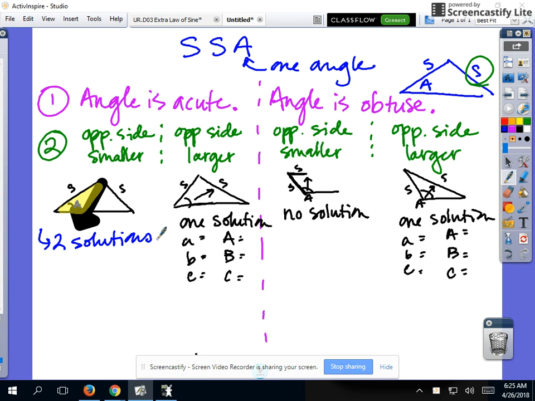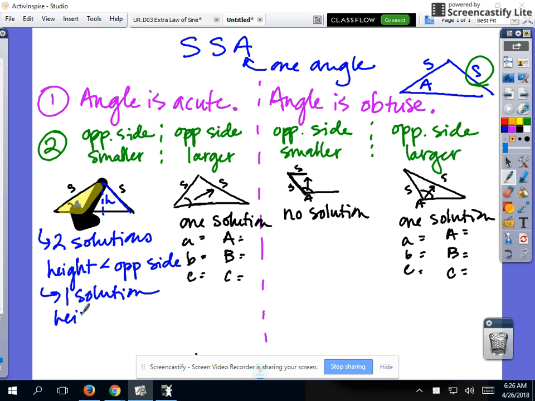If the height of the triangle, which I'm going to go ahead and denote here and put an H for height, is less than the opposite side. So if you see that, well, obviously in this picture, this side is definitely longer than the height, then you'll have this swinging capability where you'll have this bigger triangle, and you have to slide it over to the other one. Okay? There's a second case for this where you could have one solution,